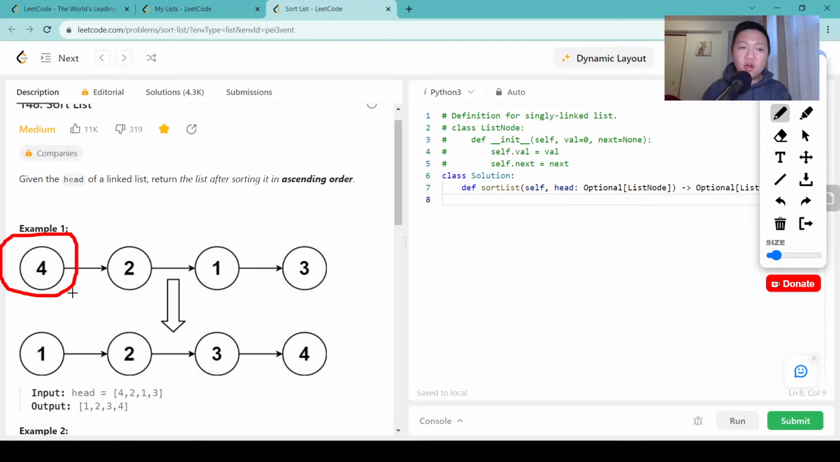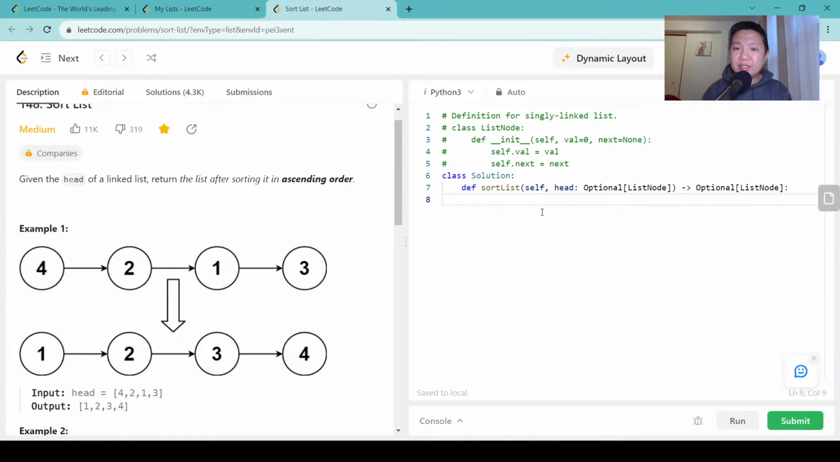So we can say 4 goes to here, and then 2 has to go before 4, so it goes to here, and so on and so forth. And we sort of insert them where they go. So let's try an insertion sort first. I don't think this is the fastest way to do it, but